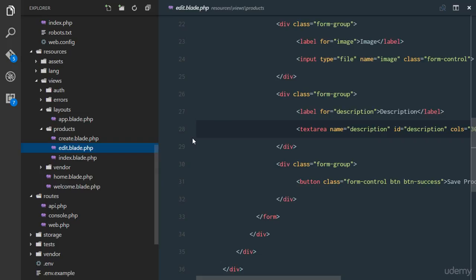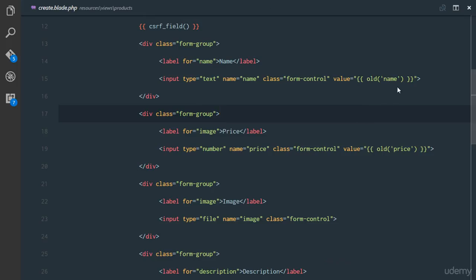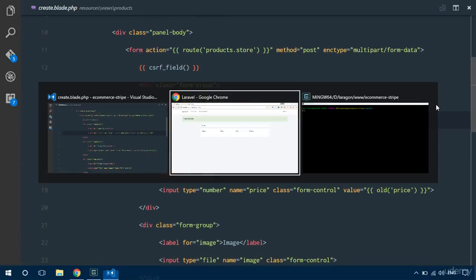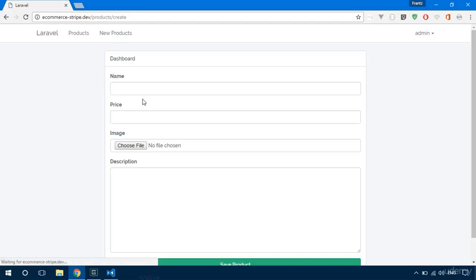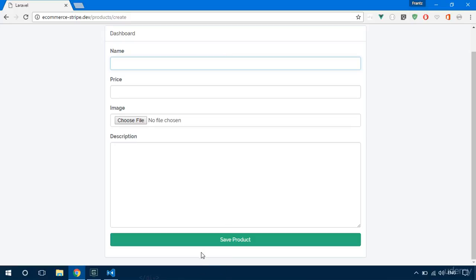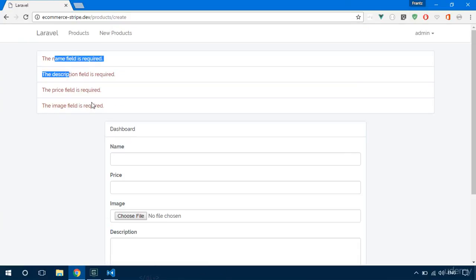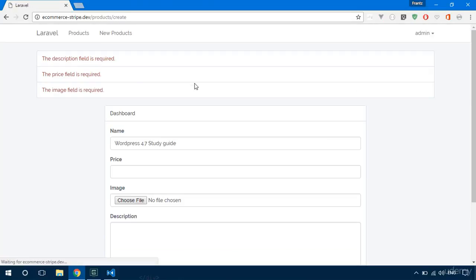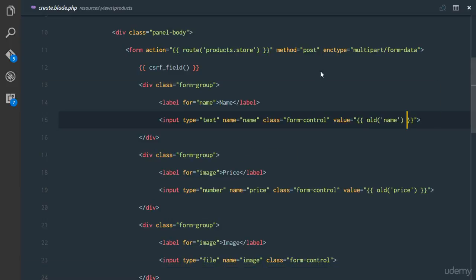So one thing I'd like to show you in my create.blade.php, I'll show you right here, is this that I included. So value of old name, and this is simply a way for us to persist data on validation fails. For example, if I say new product, and rather than filling all this information, I just leave it at that. Of course, we have validation errors, but if I had maybe one of the fields already filled up and I say save product, you discover that when the validation errors come back, this data still persists,